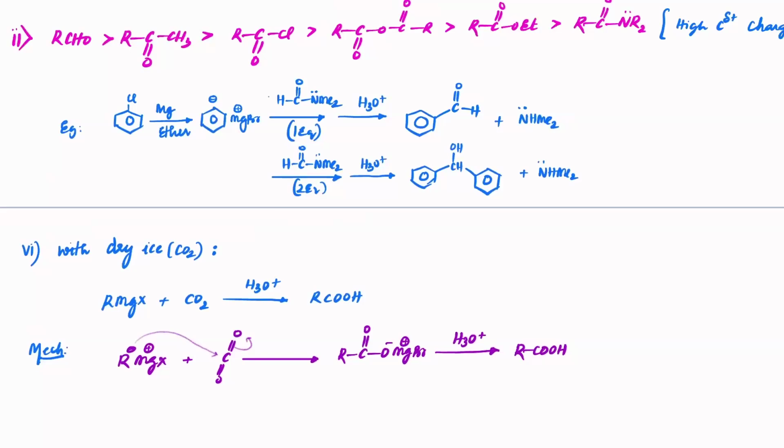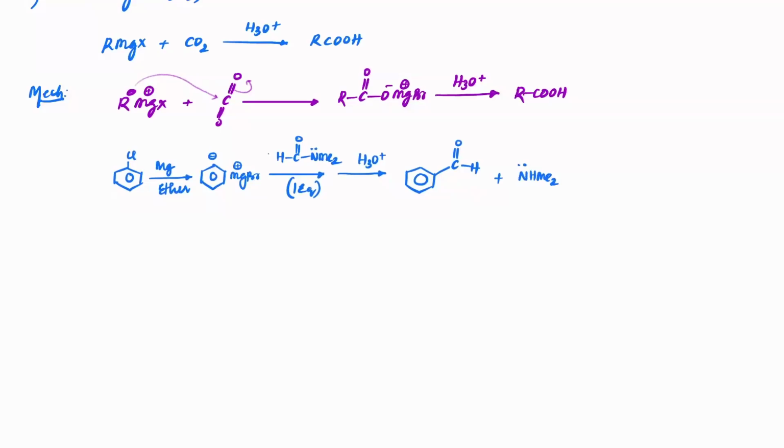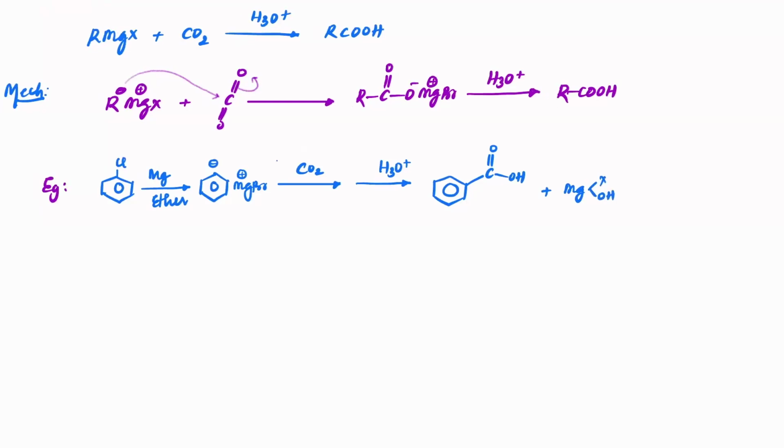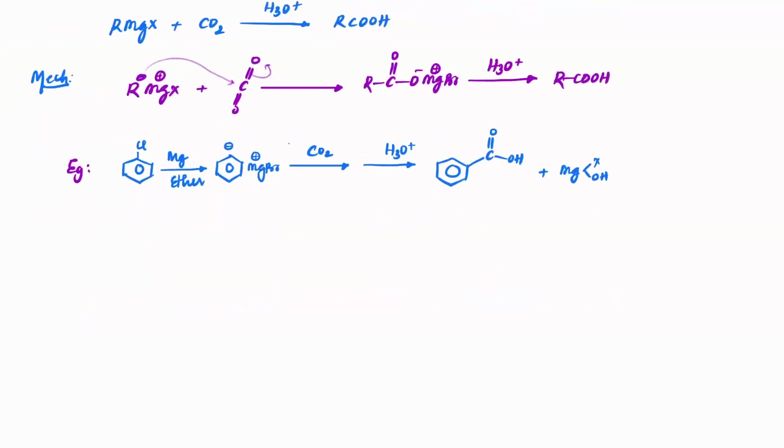Now let me just copy the same reaction which I wrote here. I just need to change that reagent here. So take this as another example. In this example, instead of taking this compound here, now I'll take carbon dioxide and hydrolysis. So if you have this reagent as carbon dioxide followed by hydrolysis, then we'll get benzoic acid, right? And MgX and OH. Clear? This is with dry ice. See the seventh reaction